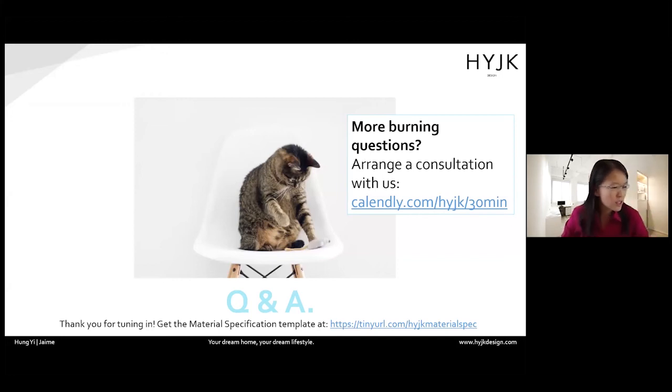Sintered surface for kitchen and countertop. Sorry, what is sintered? Sintered surface. Oh, so it's a compact surface, sintered stone.